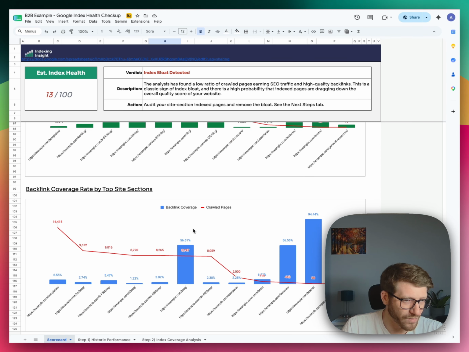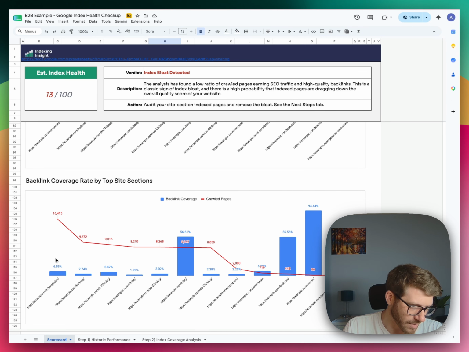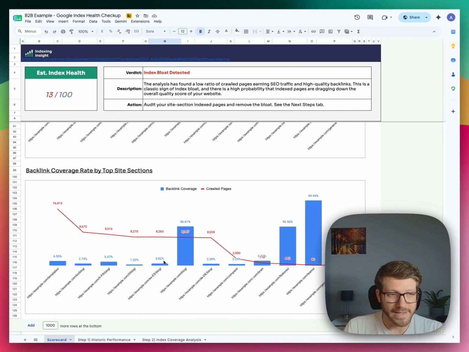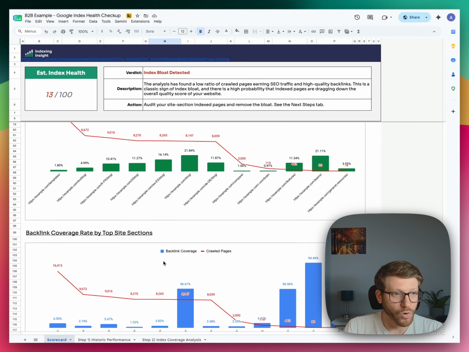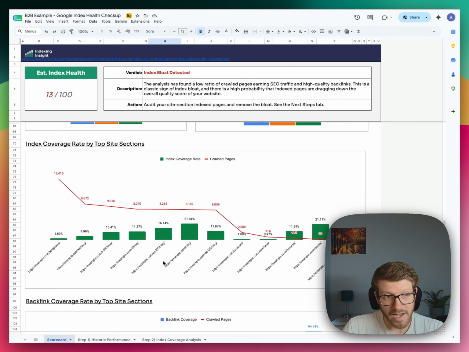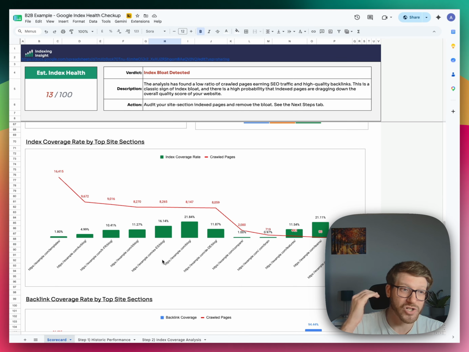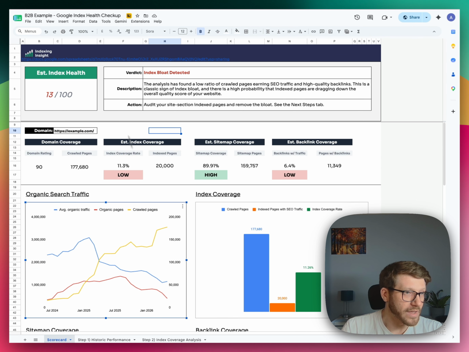And then if we look at the backlink coverage, I mean, it gets over 50% of the backlinks. Like, I don't think that's necessarily the problem. I think the problem with this B2B company is templates and international blogs. That's where I think index bloat has happened on this website, and that's what I would be investigating and dealing with in terms of, do these index pages actually add value to the site? And then the other example